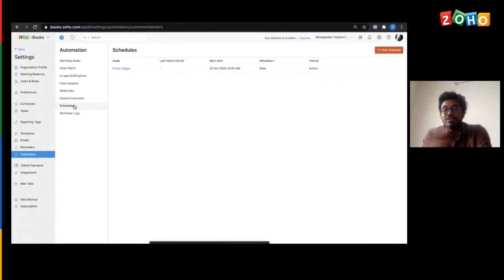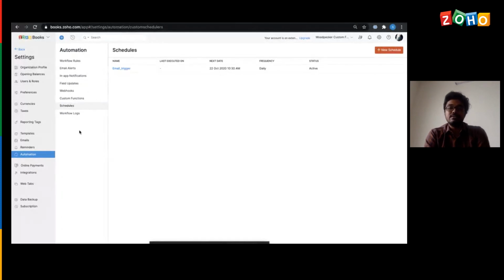So moving forward, the next automation feature that we have is scheduler. What schedulers could do is, the custom function will get executed only at an entity level, which means you could perform some action corresponding to only one entity using the custom function.